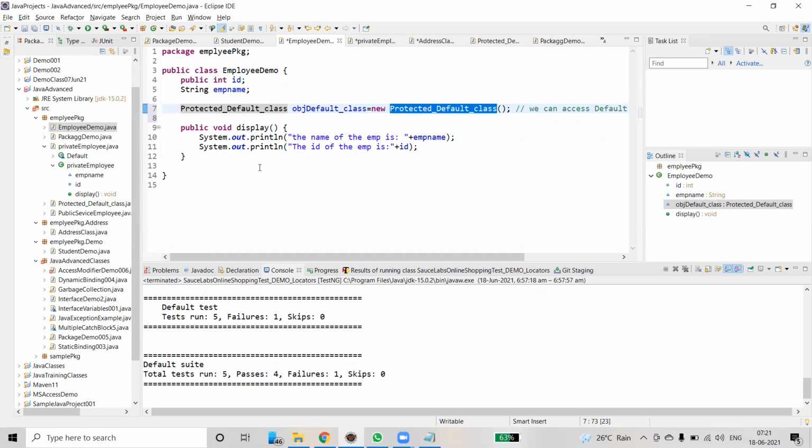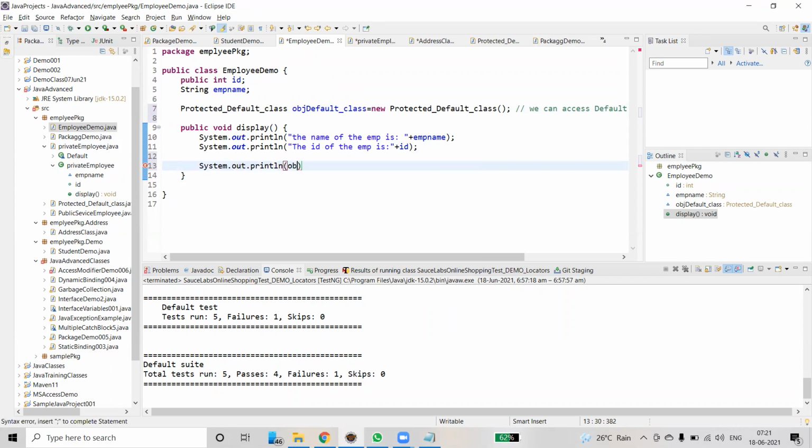Now we can access these member variables. See here, we have an object defined for this one. After that you can access these methods anywhere you want. You can create it inside display also. There's a display method, inside the display method, System.out.println of obj.